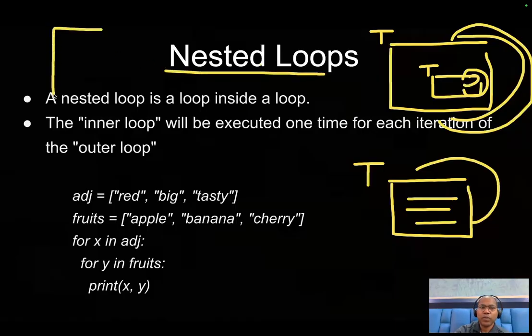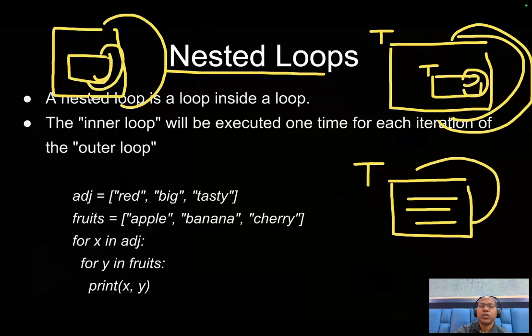So this is the top level loop, and this is the inner level loop, you are going to the loop inside the loop. So this is known as your inner loop or outer loop. So this loop is known as an outer loop, this loop is known as an inner loop. Okay, so